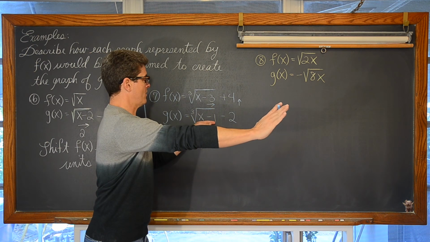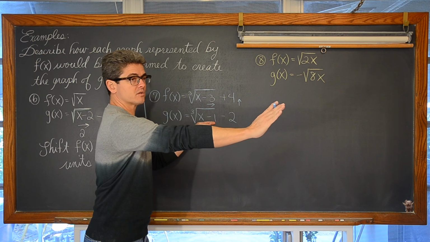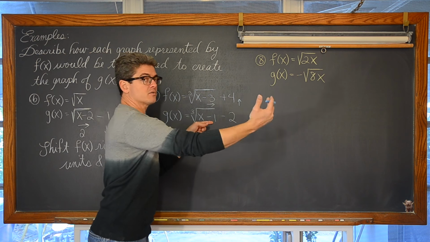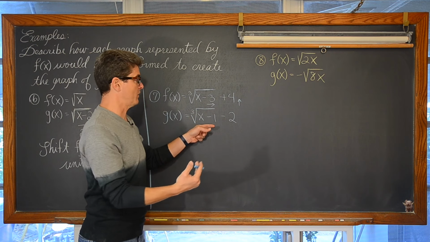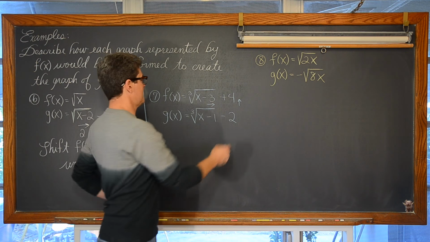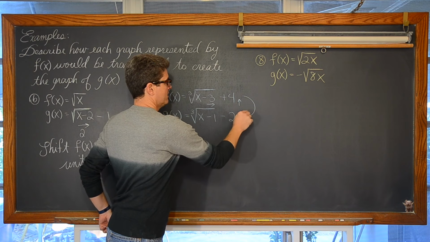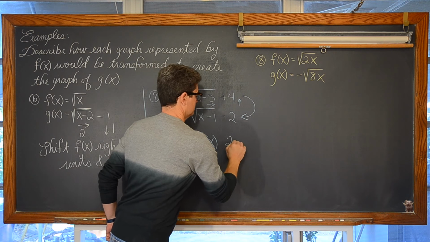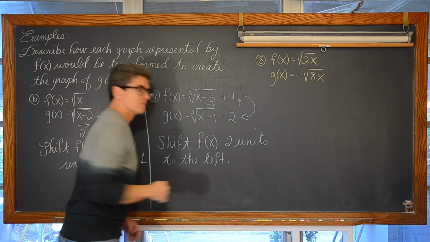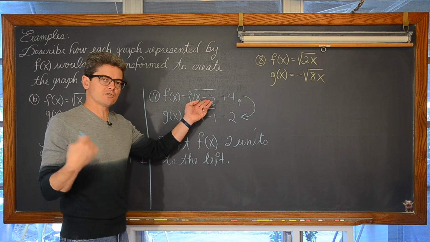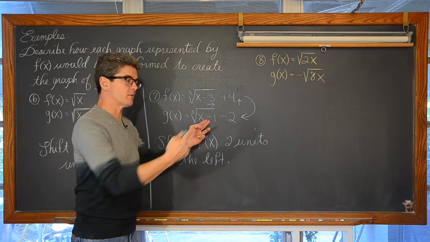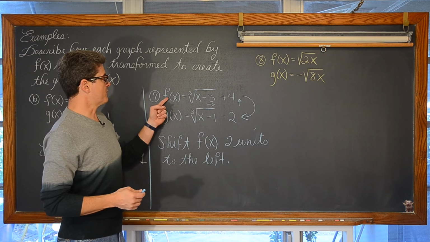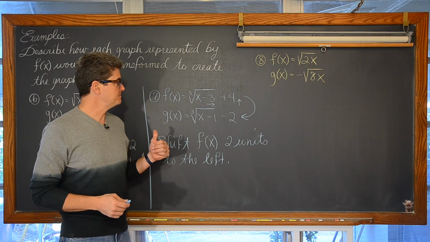Well now, instead of shifting, at least from the parent function, f was 3 units to the right. Well, now I want a new function that's only 1 unit to the right as far as the parent function is concerned. If I don't want to go that far to the right, 3 units, I only want to go to the right 1 unit. Well, to get from f to g, you can just go, yeah, that was shifted 3 to the right. This is only shifted 1 to the right from the parent function y equals the cube root of x. So to go from f to g, you got to go left 2.